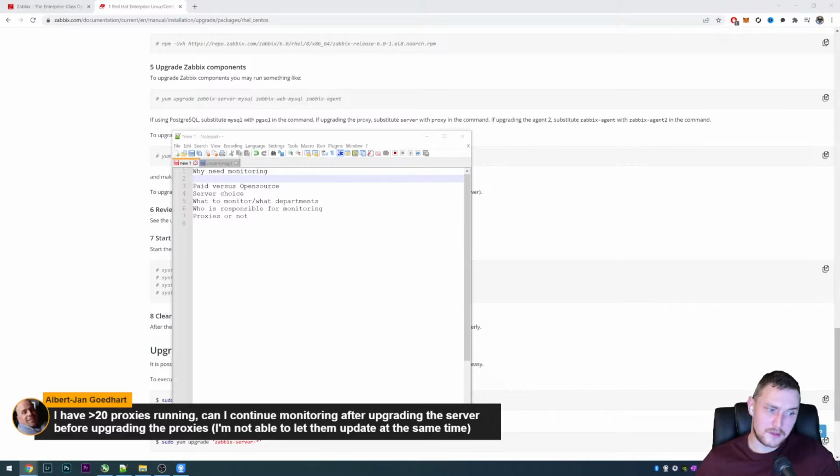So if during this time when you have server 6.0 and proxies 5.4, you add some new items, that part is not going to work with the proxies. If you just leave the proxies as they are, most likely they will still continue to collect existing items and pass them to the server. But again, no promises about whether this works in 6.0. Previously it did on the previous versions.